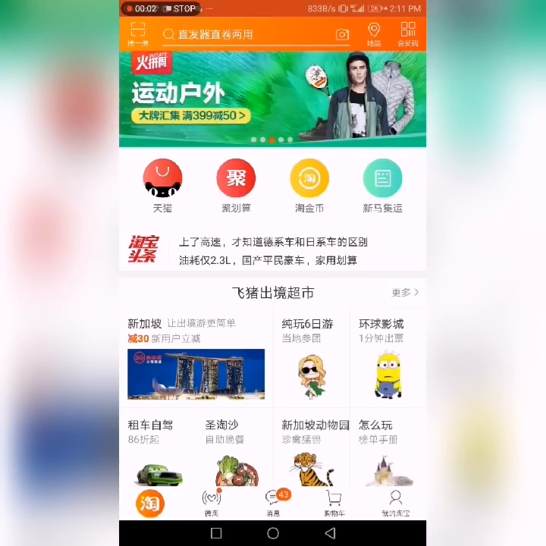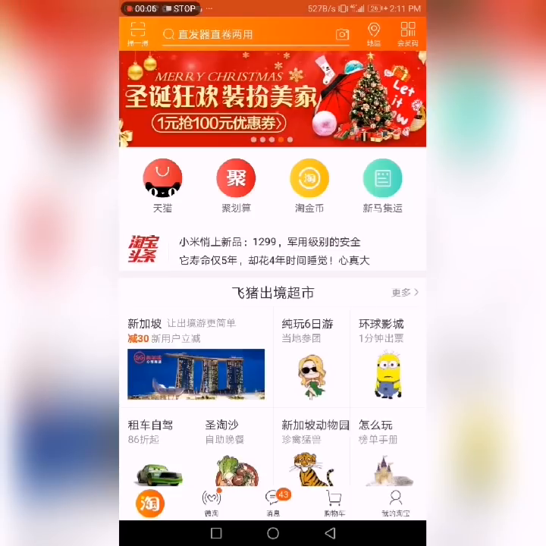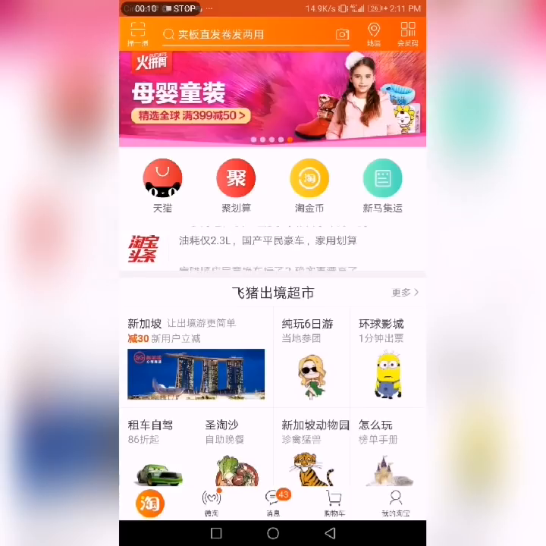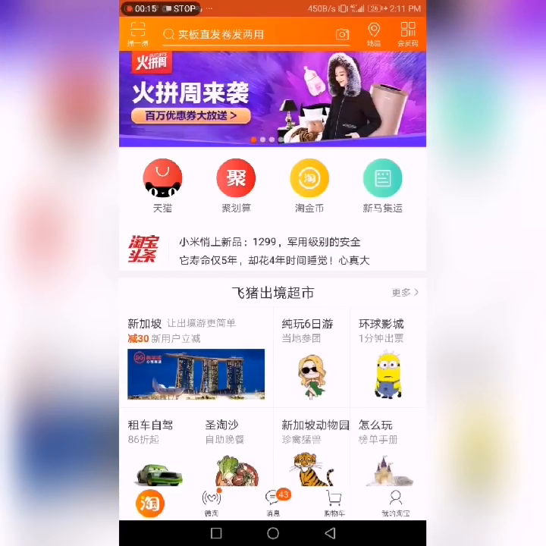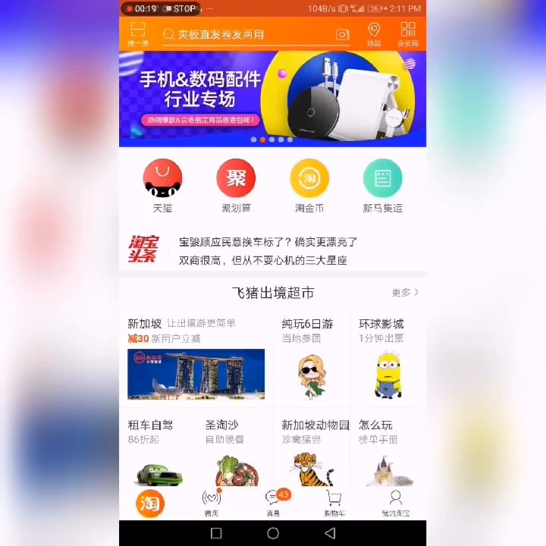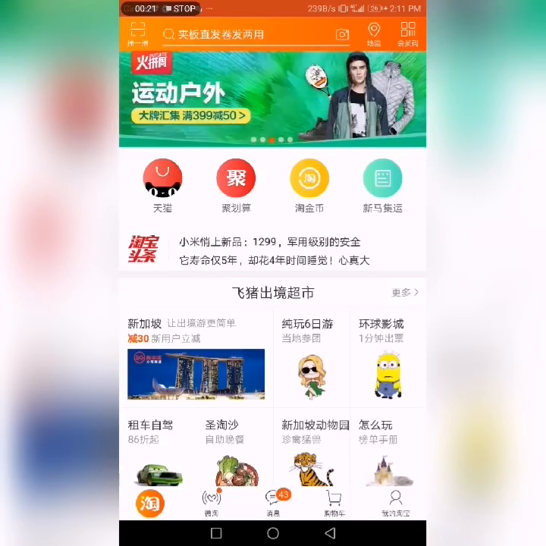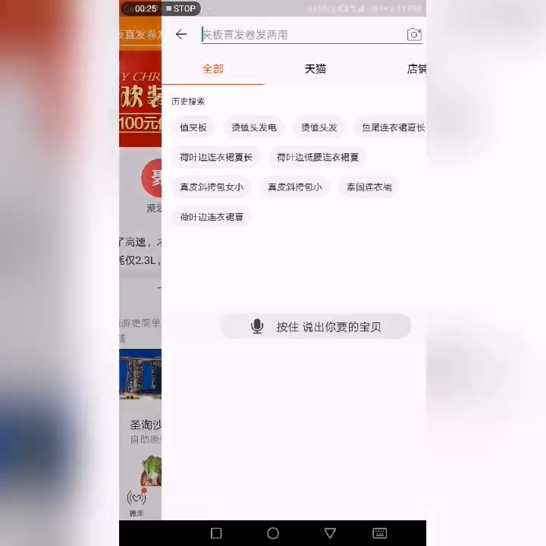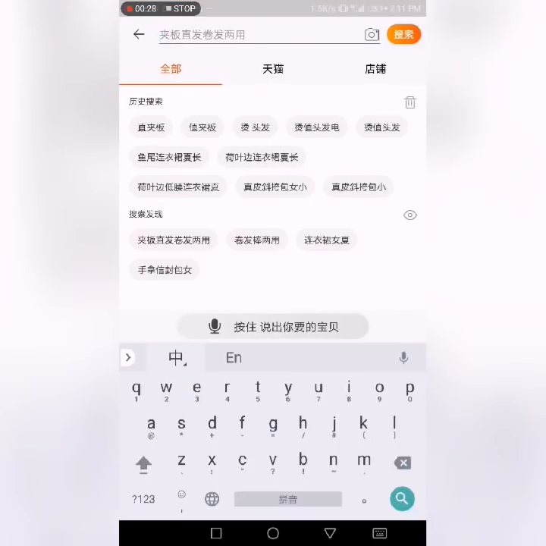Hey guys, okay, since I'm doing this Taobao with me post, I thought it'll be interesting to let you guys see how I actually shop on the Taobao app. So basically this is the Taobao app which I do most of my shopping on. For now I'm looking for a hair straightener because I recently just cut my hair short, right? So I'll go into the search bar and type like 指甲板 which means like